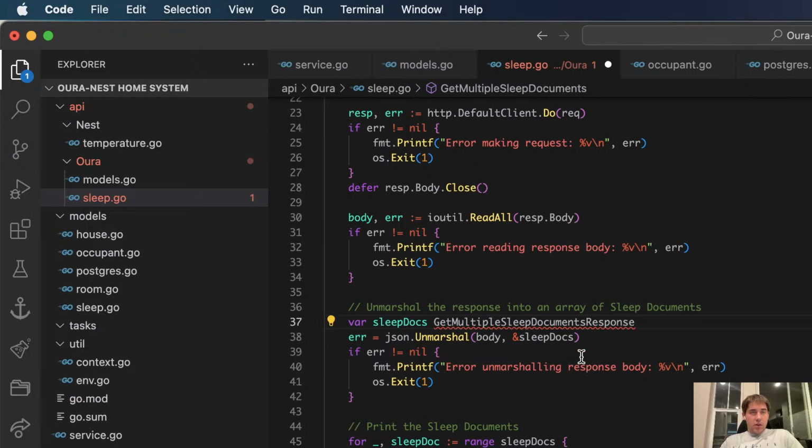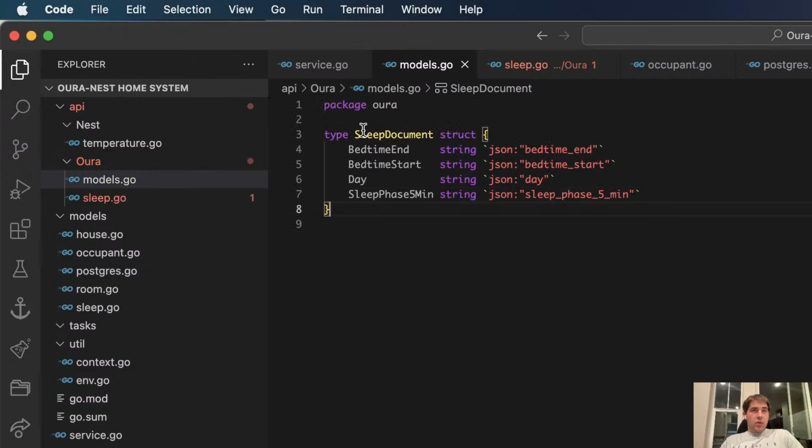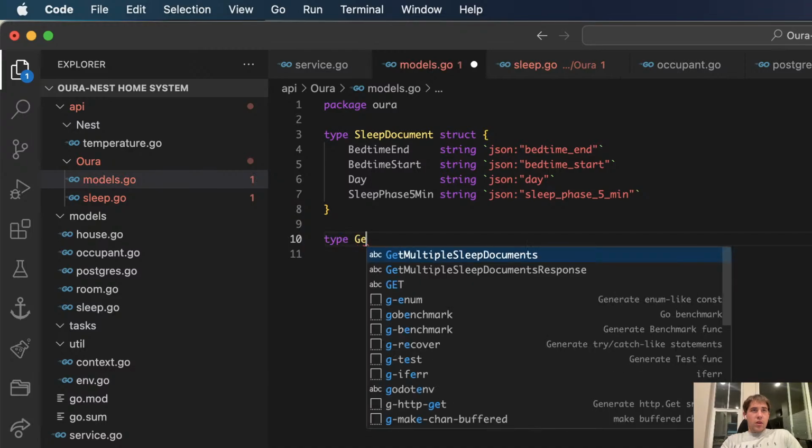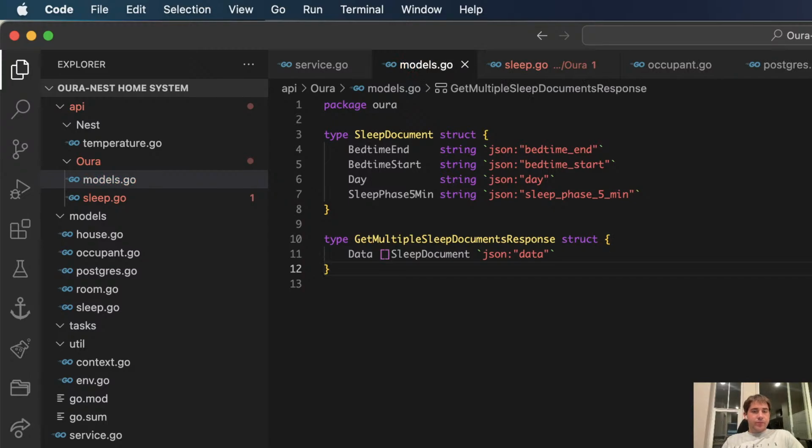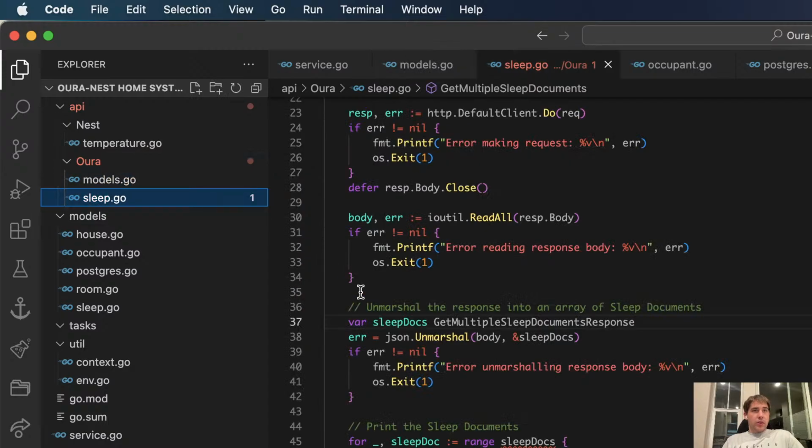It's fine. And then we'll just do a ton of this crap later, like commenting and renaming and stuff. Data, I think, is what it's called. Let's see if that works. Cannot range over sleep docs. That would make sense.